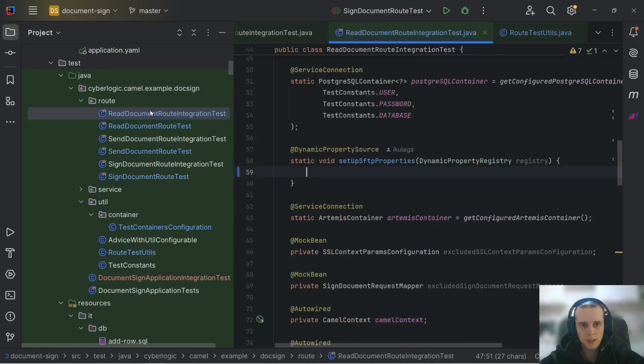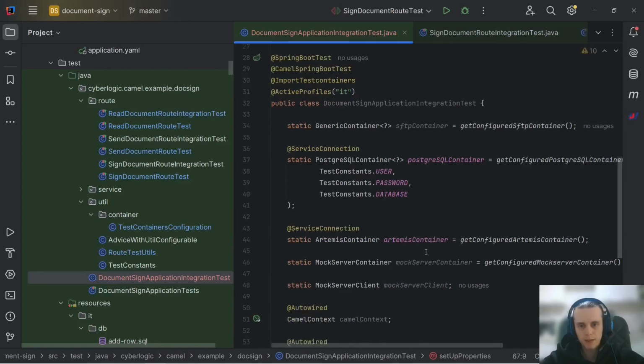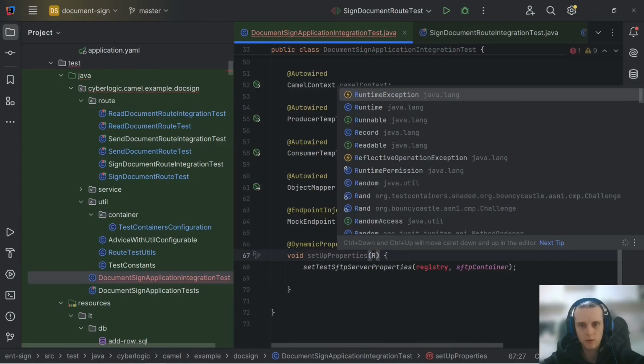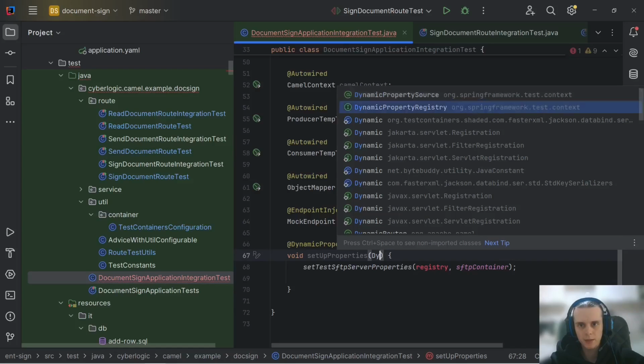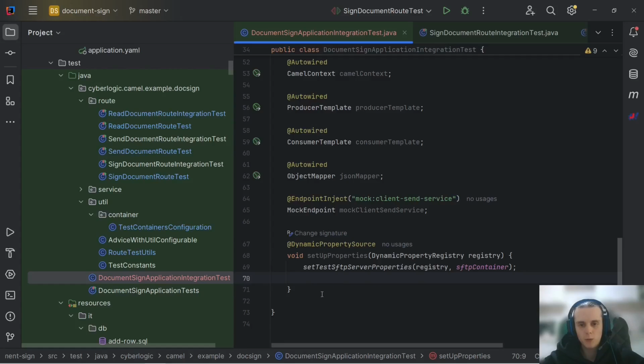So now let's actually call this method in our read document route integration test, and also in our whole application integration test. Here, of course, we need to accept a dynamic property registry, and now we have our property set